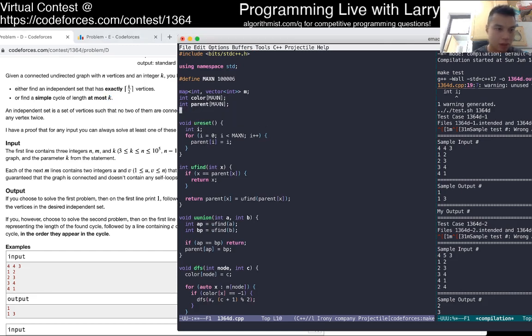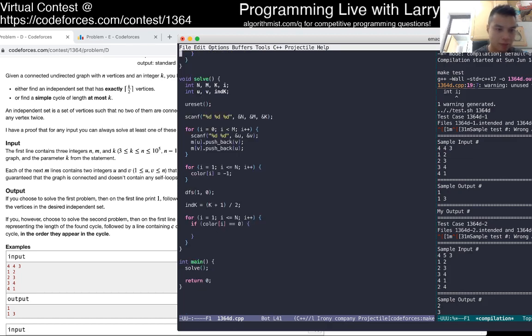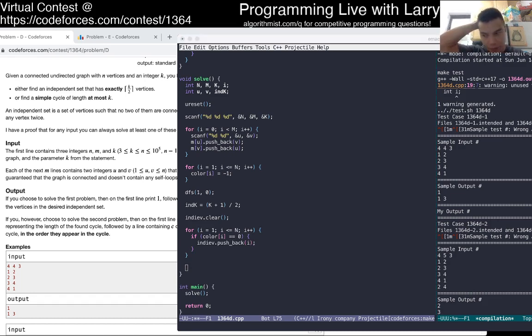Yeah, let's just put no vector so we don't really have time for this. Now we have to test whether this is independent by union find.